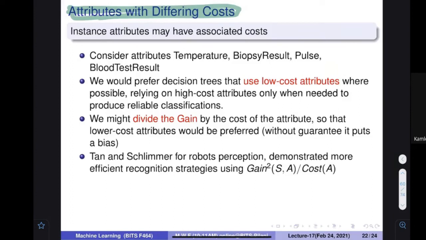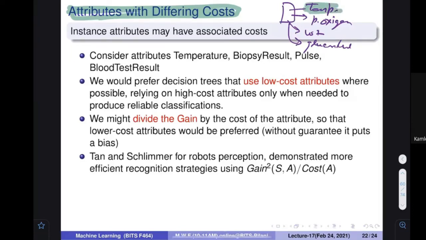For example, if you are going to the doctor and the doctor asks what is your temperature, what is your pulse oximeter value, what is your pulse oxygen value, what is your weight, and what is your glucose level? You must think that the doctor has a thermometer, he can immediately put it in your mouth and find out the temperature. Everybody has a pulse oximeter, and he can find out the value. For weight, there is a weighing machine, you stand and you can find out these values.